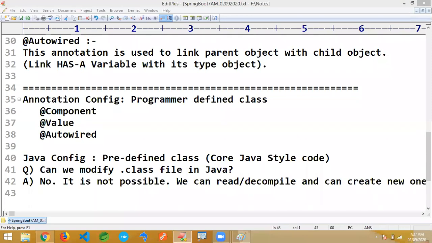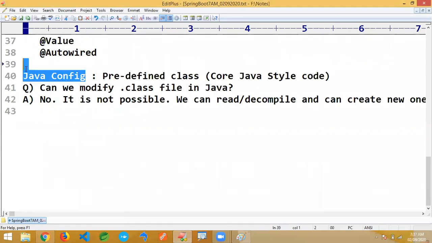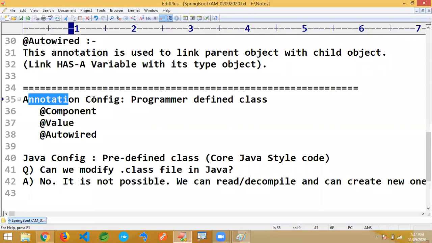Now I'm just showing here. Observe carefully. Java configuration is also mostly important one here. Annotation configuration is a highly used one, and even Java configuration is also used. For example, if it is 90% used, it's the remaining 10%. But it is also important for us. Once you give answer properly to this, I'll show complete practical output.